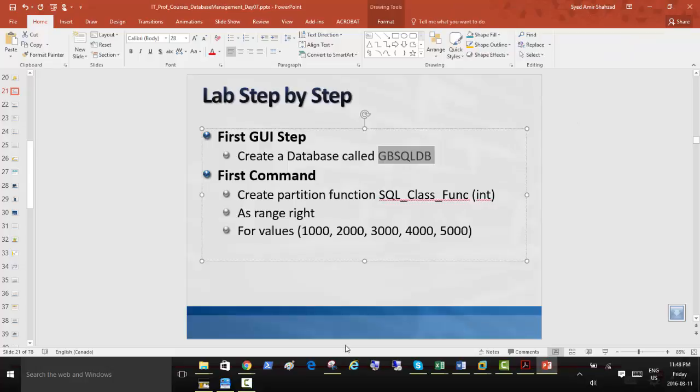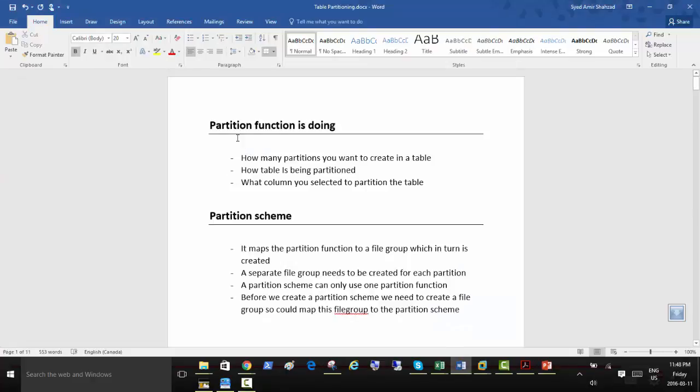So what is the partition function doing? The partition function defines how many partitions you want to create in a table, the table we're going to be creating later, how the table is being partitioned, and what column you selected to partition the table. And then there is a partition scheme.